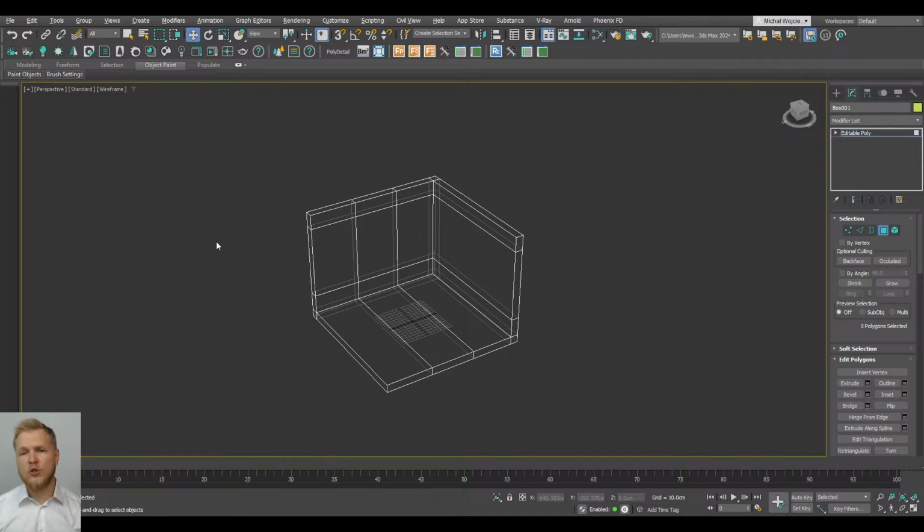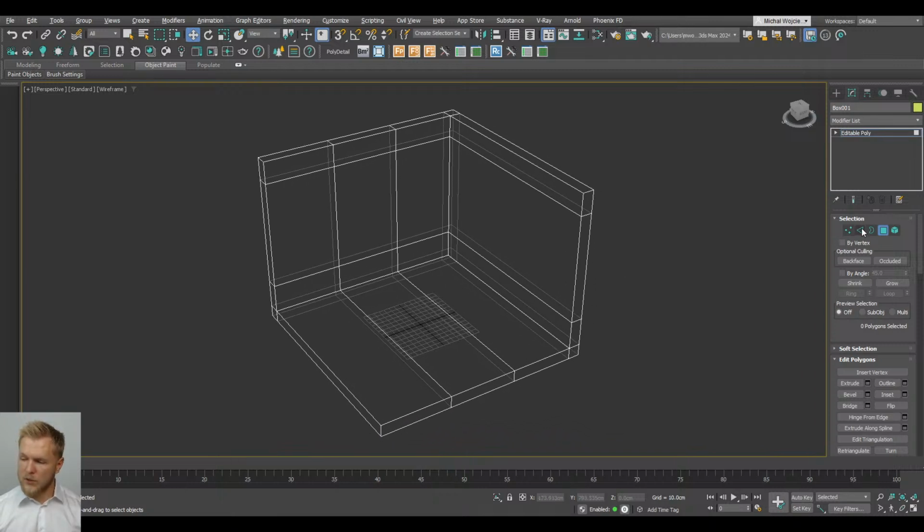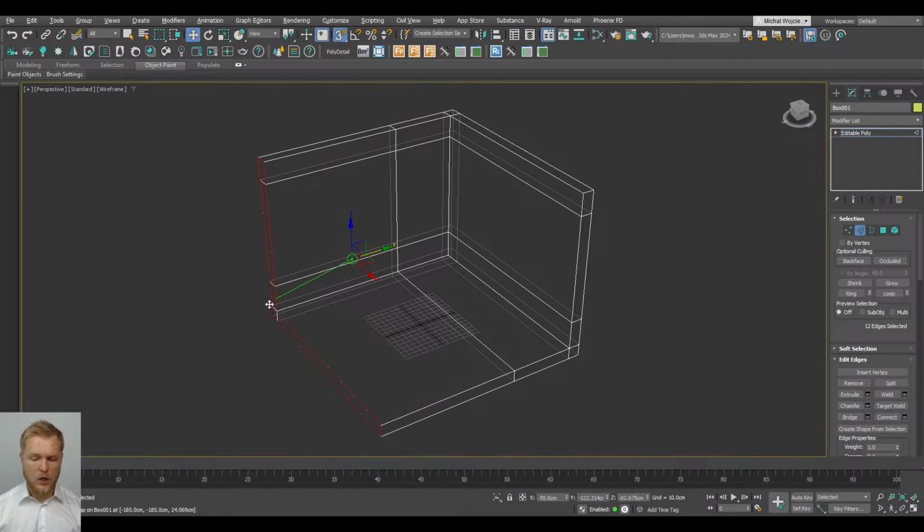Okay, we need to make sure to set our window's height, and all the elements need to be in the right position. Just like a second ago, first we're going to make sure to select this edge, double click on it. This is going to select the whole loop. Make sure to go to our wall, align it to that wall, and make sure to